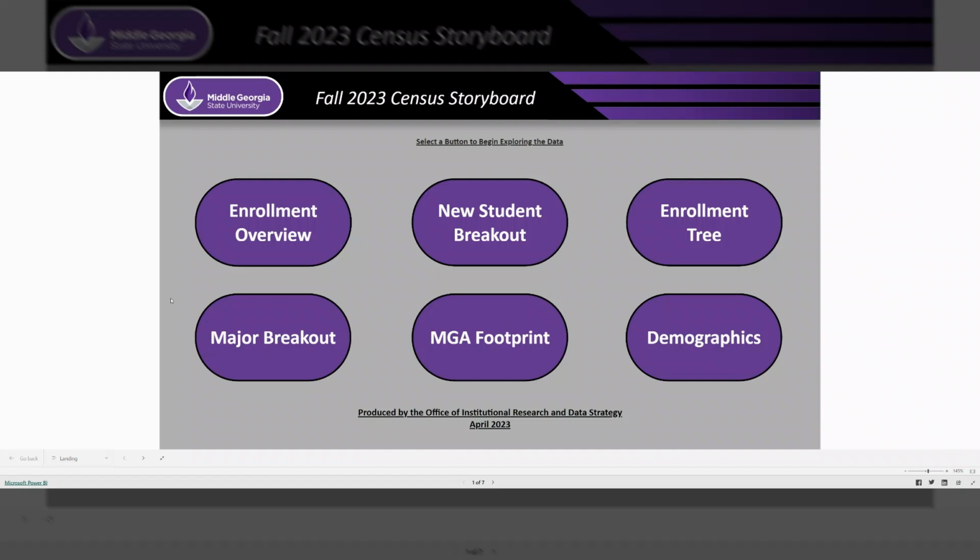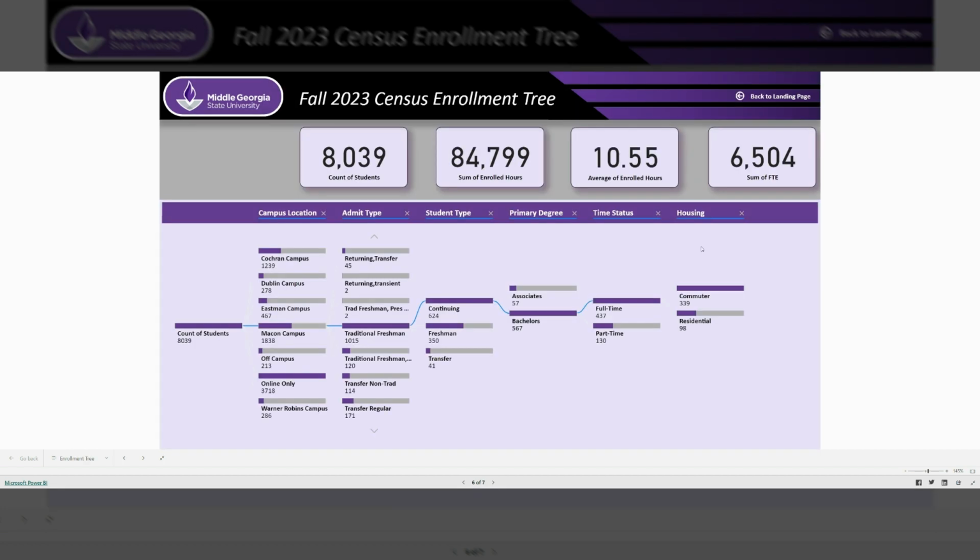Hello, everyone. I just wanted to give a quick rundown on what an enrollment or decomposition tree is. It's a new visual feature we're utilizing in our fall 2023 Census Storyboard. If you click on Enrollment Tree, and we go over here and check this out, you'll see it's basically